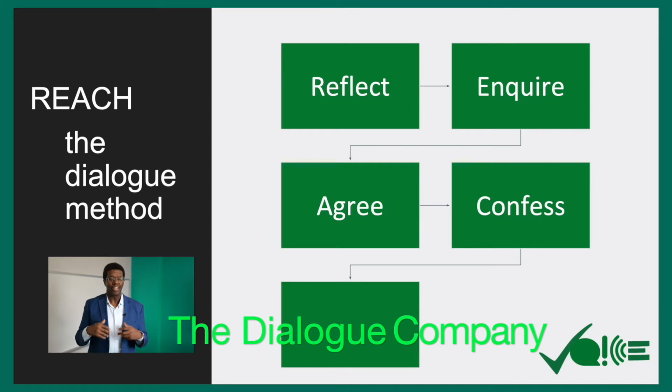R-E-A-C, the confess step. This is where you tell them a story to show them that you accept them. And you might have some alignment with them. Your goal is to confess, to tell a personal story that shows you've been where they are. It might not have been about voting, but it might have been. But your objective is to tell them a story so they really feel at a heart level that you're with them and not judging them.